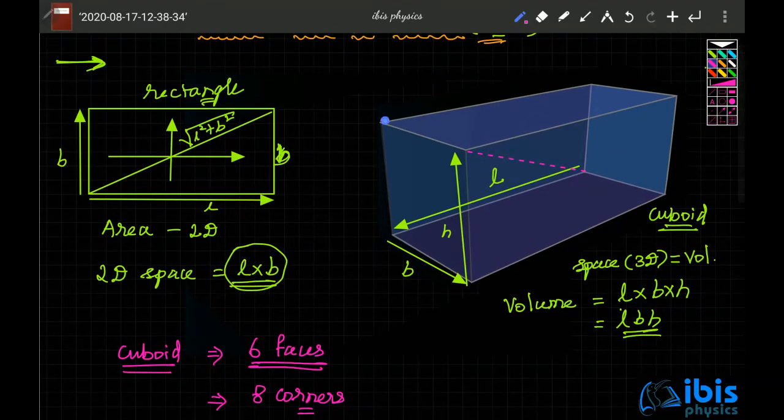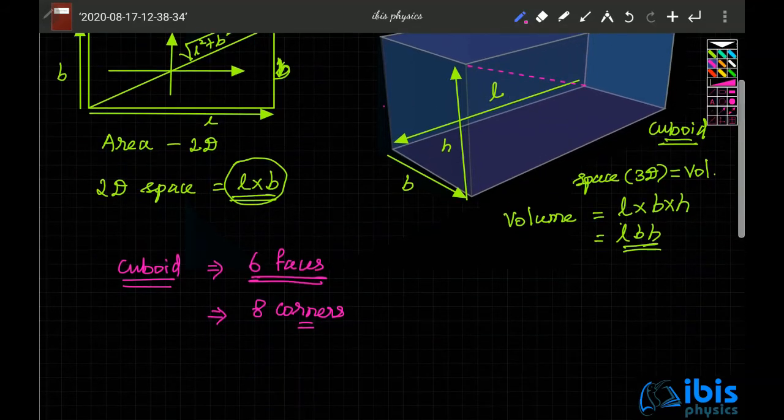So joining these 2 corners, you get a line. So that is nothing but the edge. Suppose you have a chalk box in front of you, you just try to have a feel of it. Suppose you have a dictionary for that matter, so you see that this is one edge, one edge, one edge, one edge. So above there are 4 edges, below there are 4 edges, and connecting them, 1, 2, 3, 4. So there are 12 edges. A cuboid has got 6 faces, 8 corners, and 12 edges.